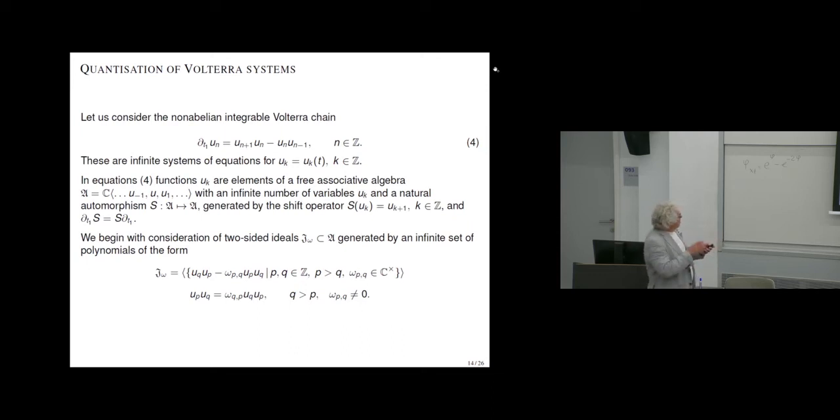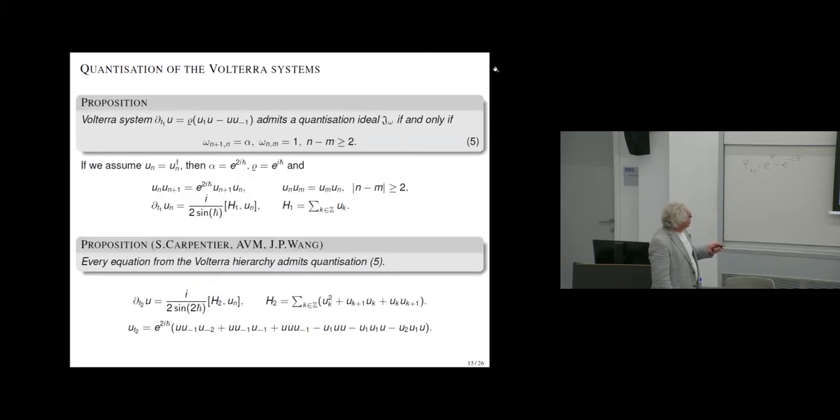But then what we do, we differentiate this ideal with respect to this equation and request that modulo this ideal it again be in the ideal. That gives you simple polynomial algebraic equations on these constants omega. We start from infinitely many constants omega, and we end up with a very simple commutation relation.